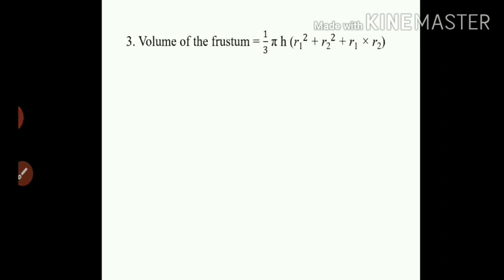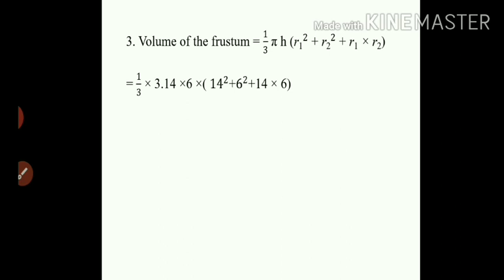Now the last part, that is the third, we have to find the volume of the frustum, and the formula is 1 upon 3 pi h, then in the bracket we have R1 square plus R2 square plus R1 multiplied by R2. Again I am telling you, we know pi is given, 3.14, height is given, we also have R1 and R2. So I will substitute the values. So 1 upon 3 is the constant value, I am keeping it as it is.